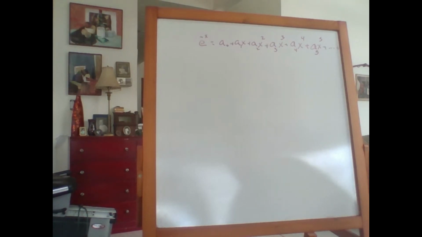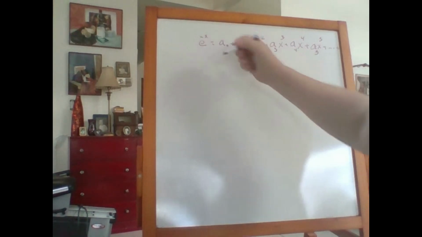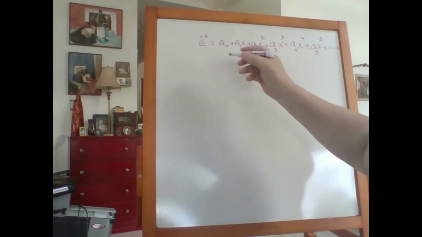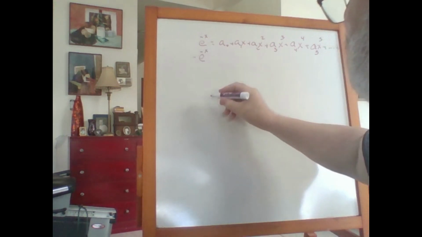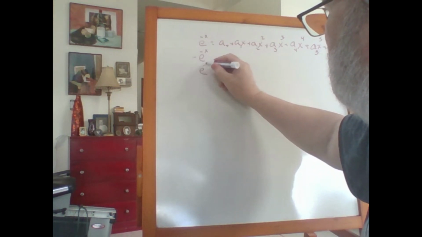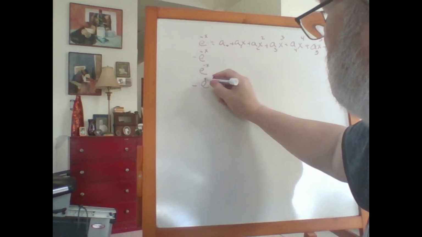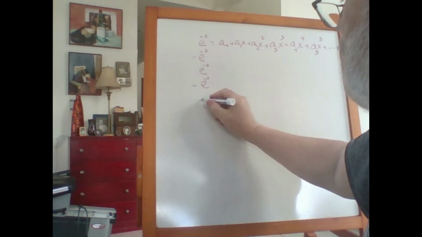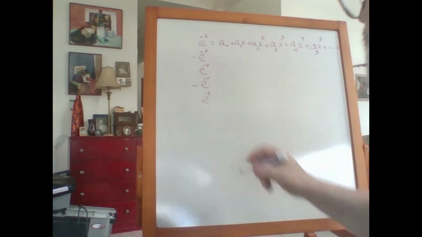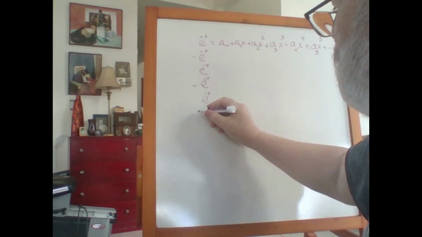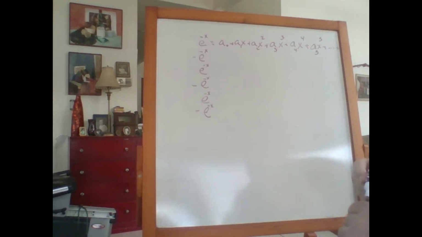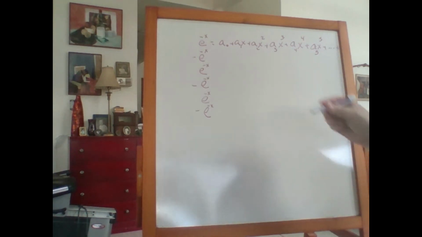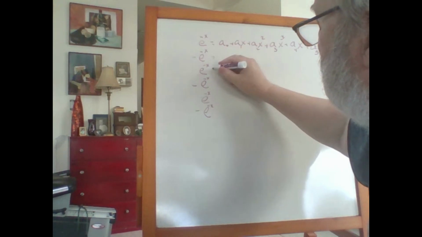Well, this is slightly different. We're going to see that this is going to be minus e to the minus x. This is e to the minus x. This is minus e to the minus x. Now you see the difference. We're going to have alternating values because we have a minus sign there in the derivative. And so we're going to have,